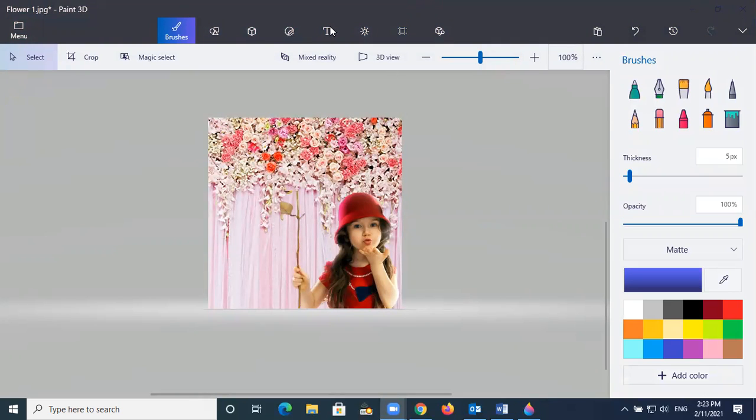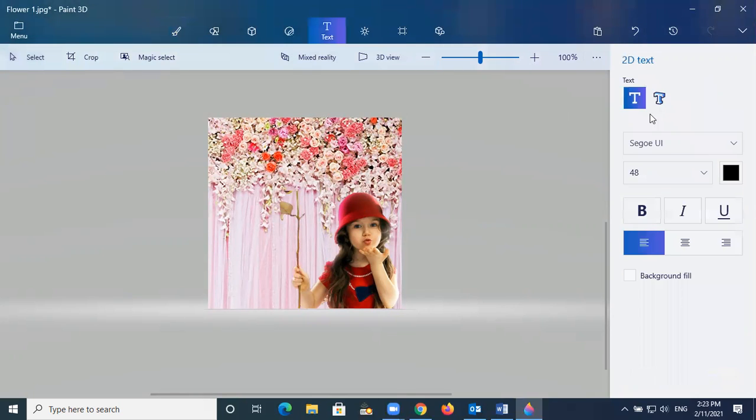Now, after combining two things, one thing you have to do is you have to add the text here, the text tag. You have to give the name of the pictures. Okay, just click the text here. And in this text, this is called the 2D text, and this is the 3D text. You can choose any one, no problem. 3D text is a little bit different, I will choose 2D only.